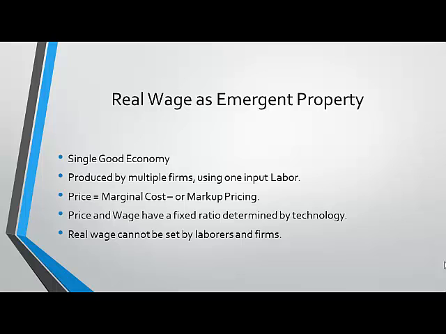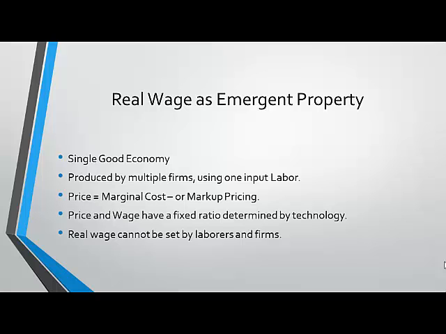Take the wage and multiply it by some constant. So now the laborers and the firms decide on a wage. Automatically that sets the price, and the price of the consumer good is the price index. So no matter how the laborers and the firms set the nominal wage, the real wage will be automatically fixed, outside their control. So this is just an example, an illustration. This is not a real case, but this is what Keynes is saying, that the firms and the laborers can decide about the nominal wage, but they cannot decide about the real wage. That's determined by the system.